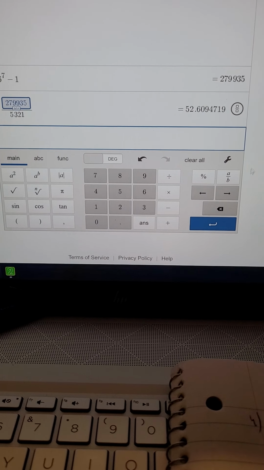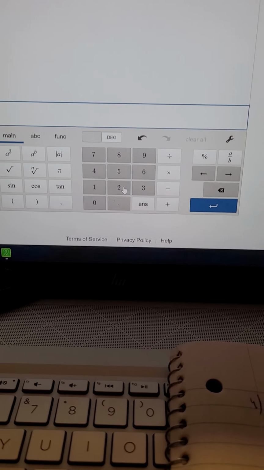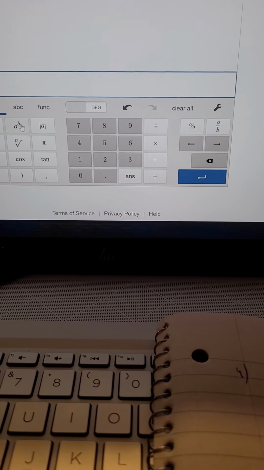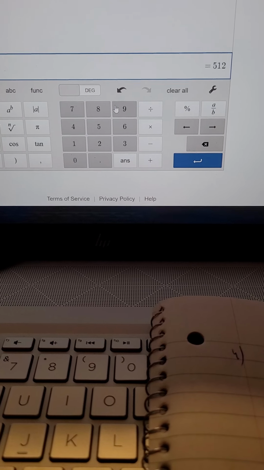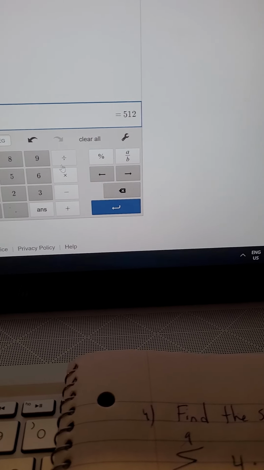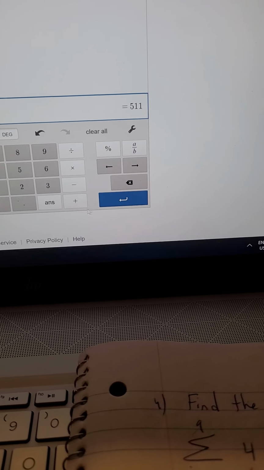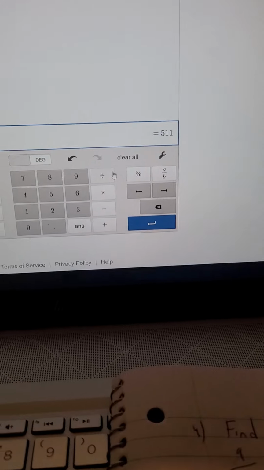To not distract you, I'll press clear all because those are from the previous problem. So 2 to the 9th power is 512. I'm going to subtract 1 is 511, but I'm still going to do it on here because of the division that comes next. Okay, so we have 511,